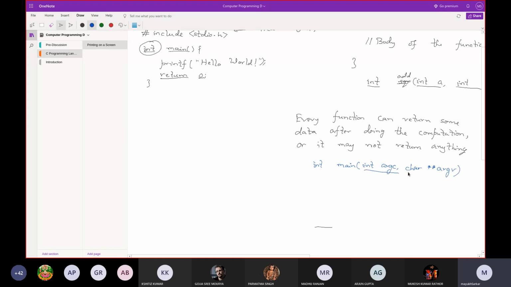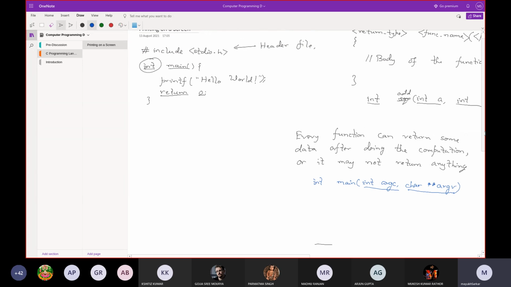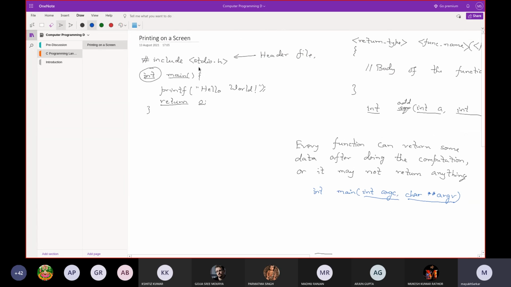There are also 2 parameters, but obviously to understand these parameters you have to go a long way in this course. So this is optional for main, but this is the complete definition of the main function. You may write it or you may not write it. If you are not working with command line arguments, you can skip these argc and argv parameters. So for those who could not understand what I have written here, don't worry, we'll discuss these in much more detail later as well.